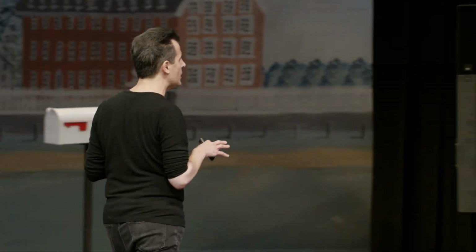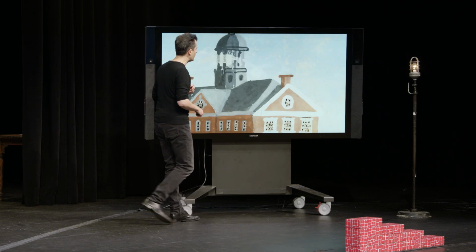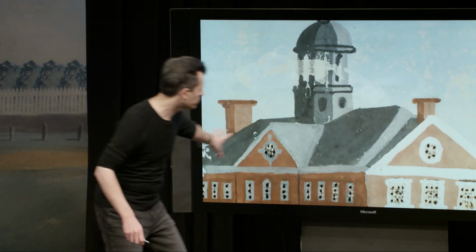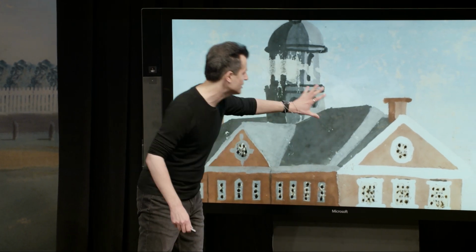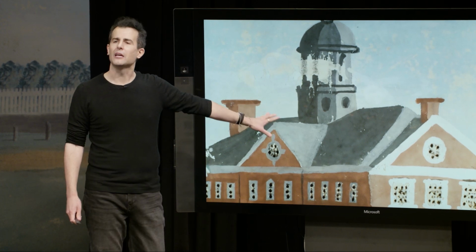So using, long story short, fancier algorithms than those last week, you can use artificial intelligence, machine learning, to actually analyze data and find patterns that aren't necessarily visible to the human eye. So for instance, if we take the original here and start to zoom in, it looks pretty good at this resolution, but it's pretty smooth. You don't really see the fact that this was paint on an actual canvas. So this was just zooming in on Photoshop.